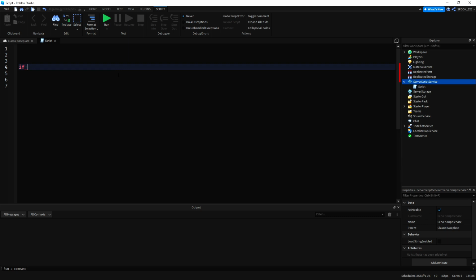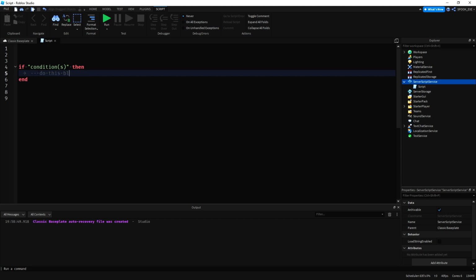So how if statements are set up is: if conditions, then. We'll have our conditions in the middle here. Only if this condition, a Boolean value, true or false, is true, then do this block of code. So we're saying if this condition is true, do this block of code. And we can also have else if